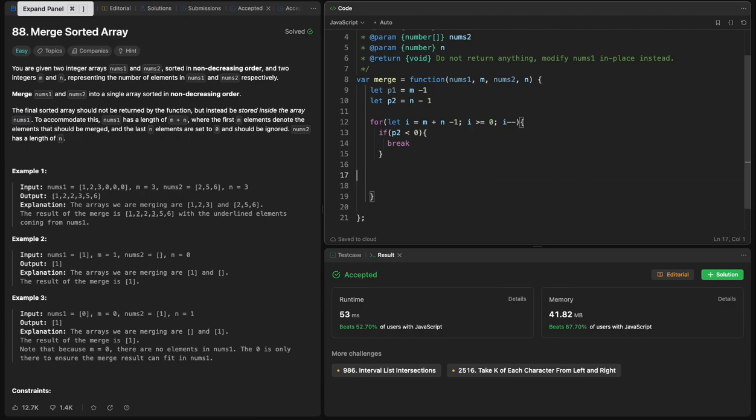So we want to say that if p1 is bigger than or equal to 0, so there is something in p1 to go through, and nums1 of p1 is bigger than nums2 of p2, if that was the case,